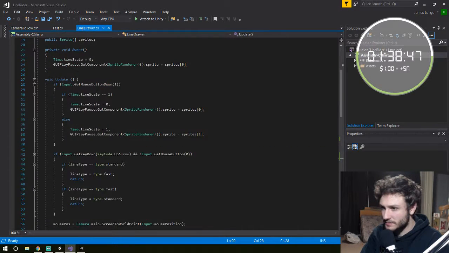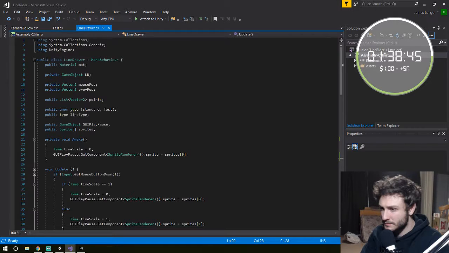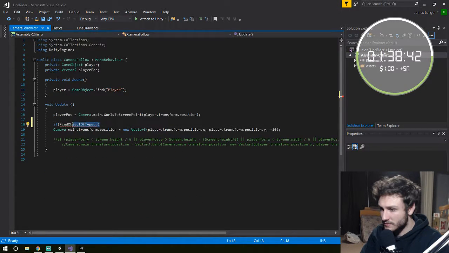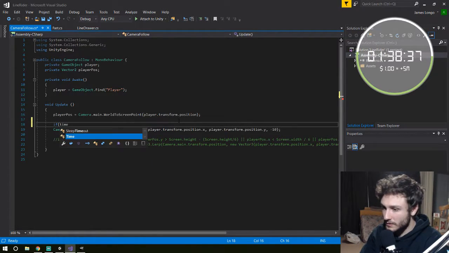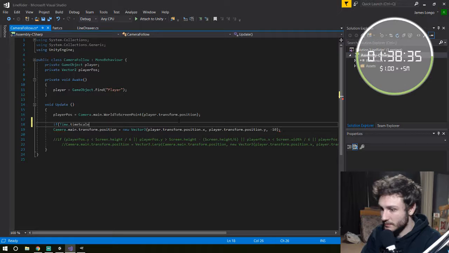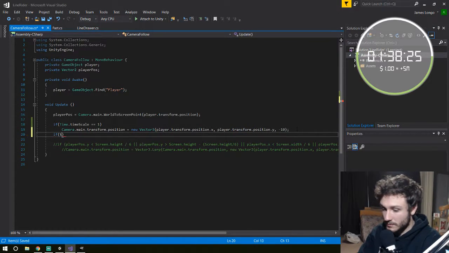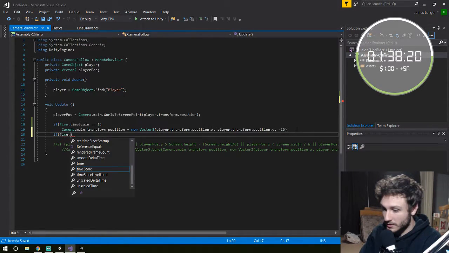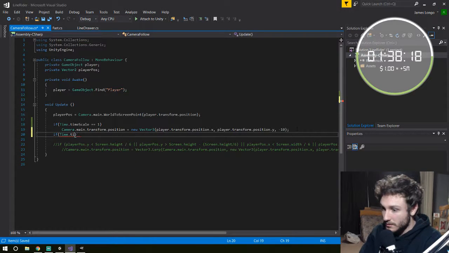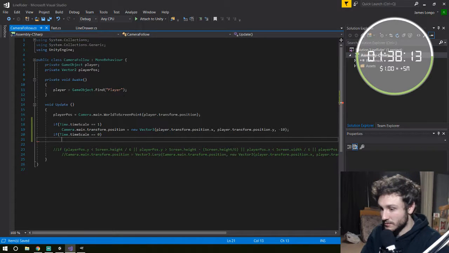The underline drawer. Well, I guess if time scale equals 1, then do that. But then if time scale equals 0,